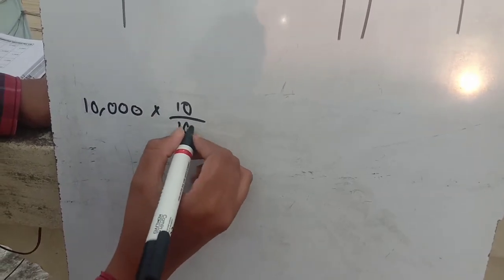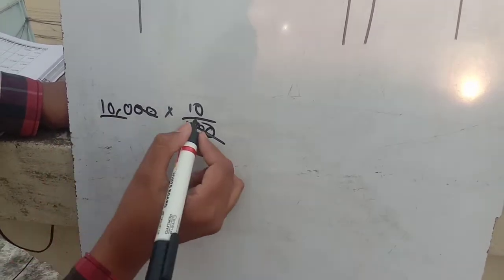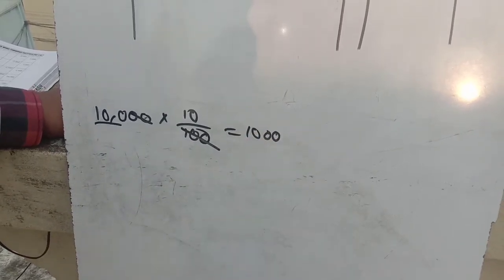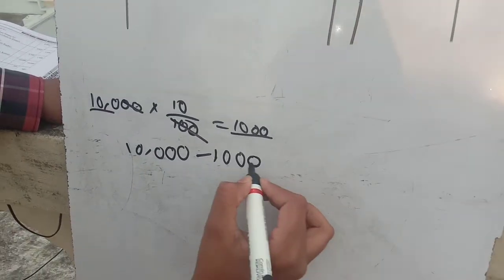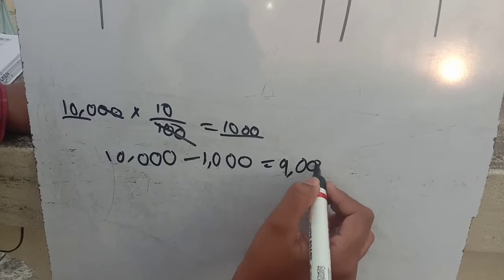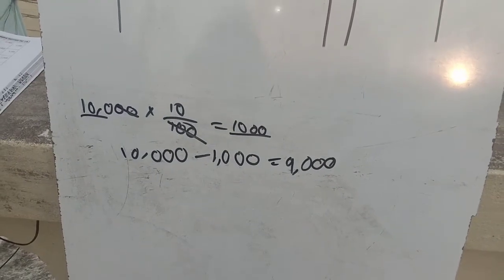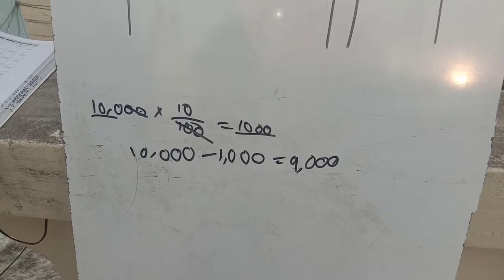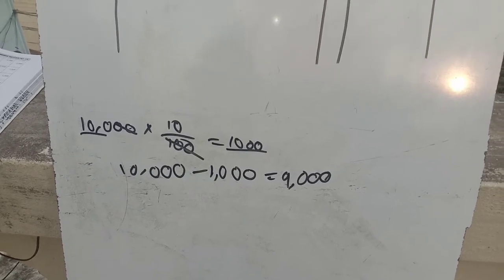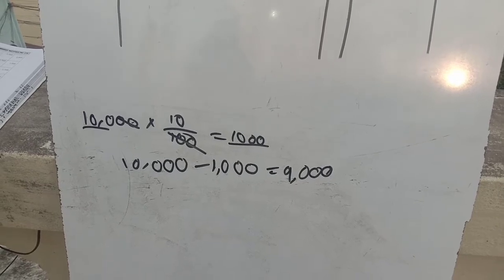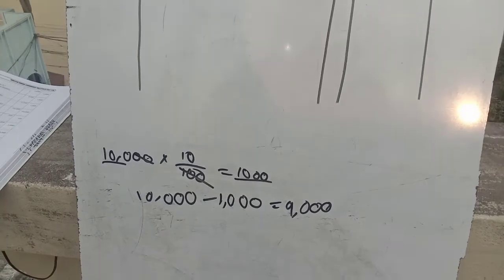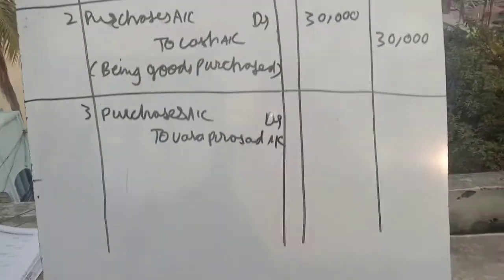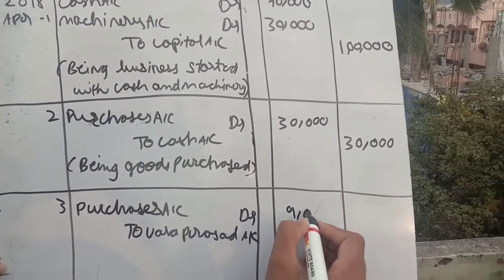10,000. And what is the 10% of 10,000? Into 10 by 100, right? So 100 into 10, that is 1000. So we have to deduct this 1000 from 10,000, minus 1000, that is 9,000. We have to take this 9,000 as the amount because when the word trade discount is there in journal entries, we should not consider it as a cash discount. If the cash discount is given, a compound entry will become. But when trade discount is given, we should not show it in our entries and we have to deduct it directly from the amount. So while coming into the entry, the amount is 9,000.